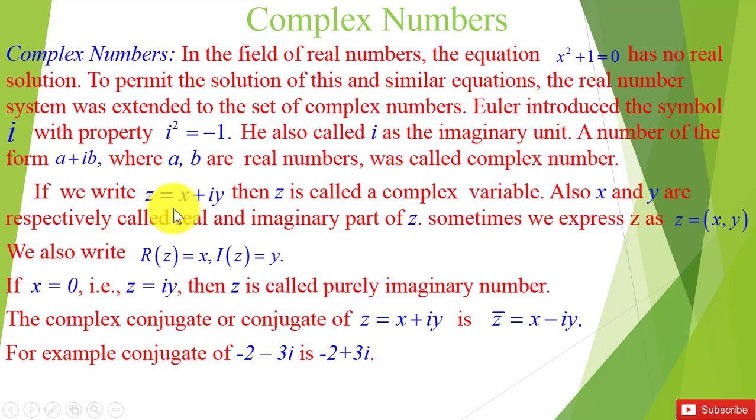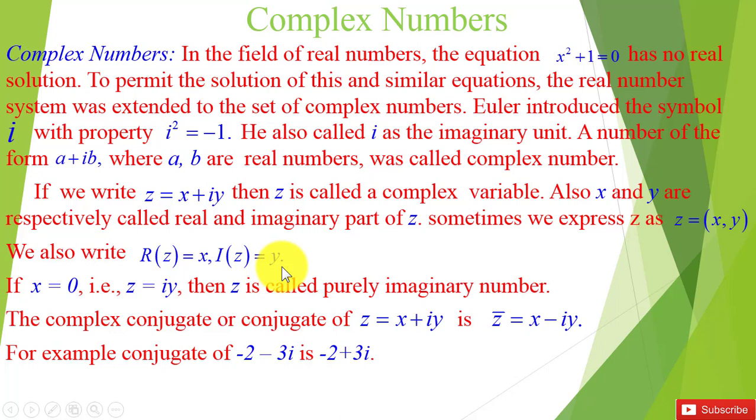If we write z is equal to x plus iy, then z is called a complex variable. Also, x and y are respectively called real and imaginary part of z. Sometimes we express z as the ordered pair (x, y). We also write real of z, that is Re(z) is equal to x, and